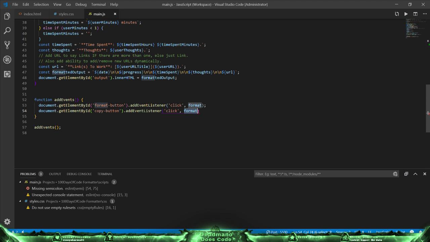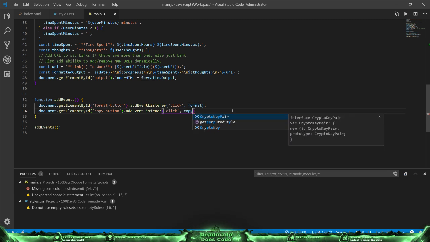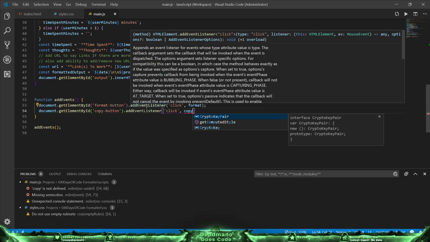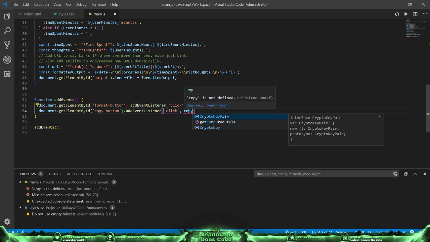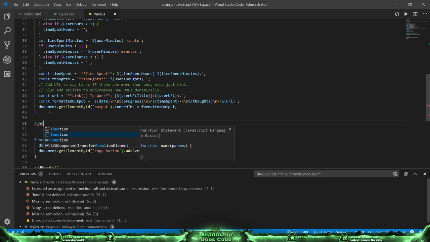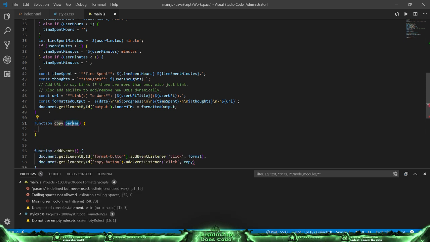Okay, and now we need a function. Can we just call it copy? So function copy,